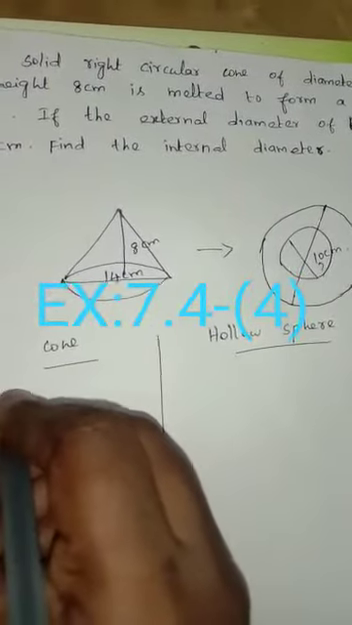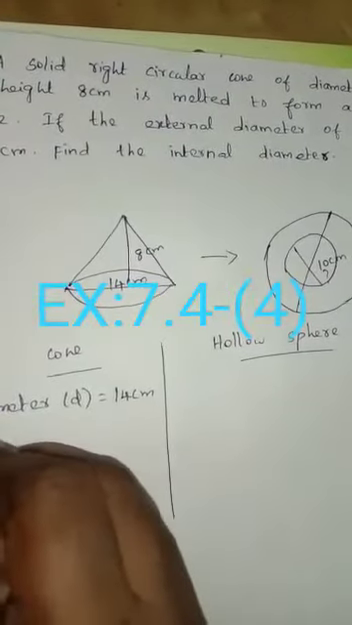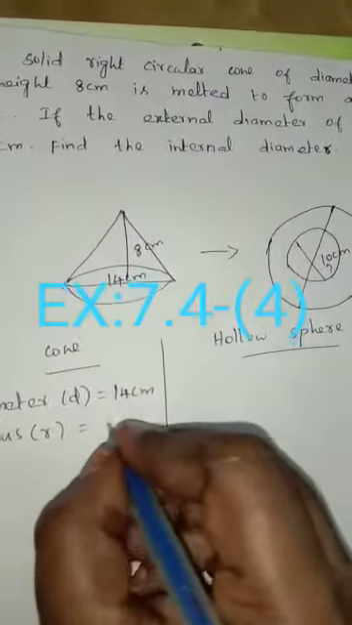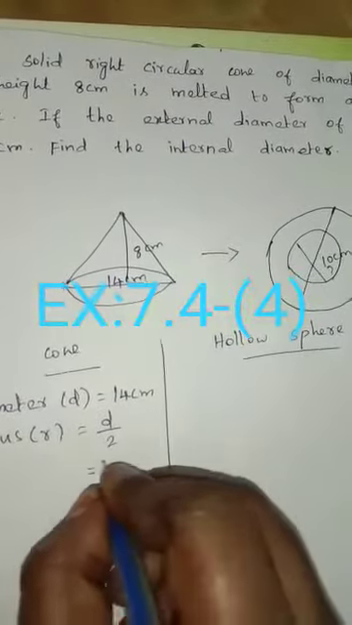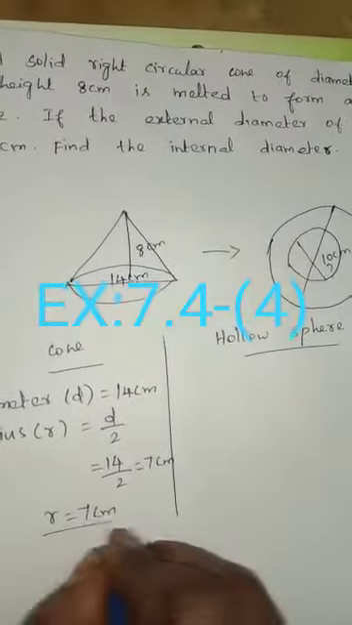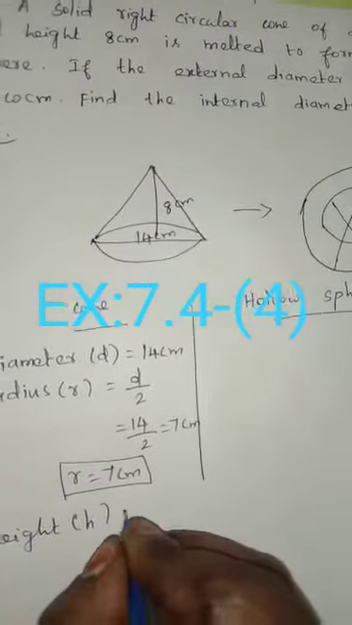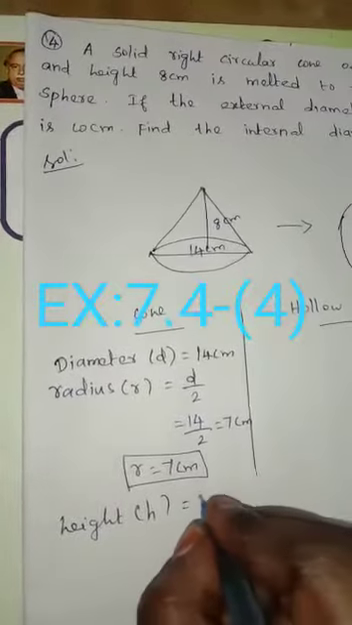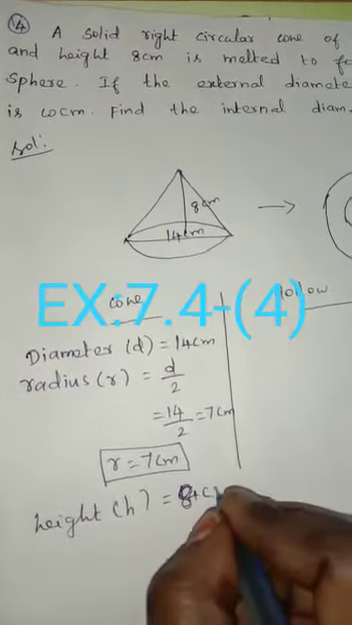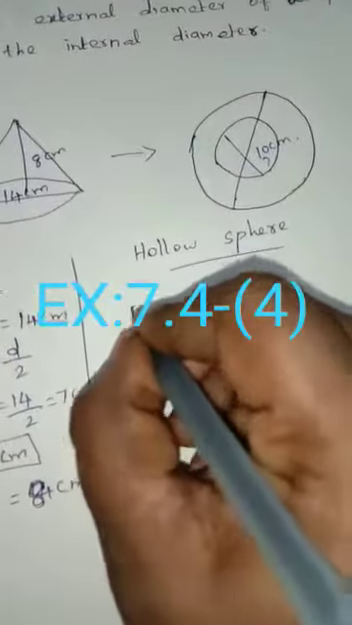The diameter is already given, so diameter D equal to 14 centimeter. From that we can find the radius. Radius R equal to D by 2, 14 by 2 equal to 7 centimeter. So R equal to 7 centimeter. Then the height. What is the height of the cone? Height H is 8 centimeter. Similarly, for the hollow sphere, given the external diameter